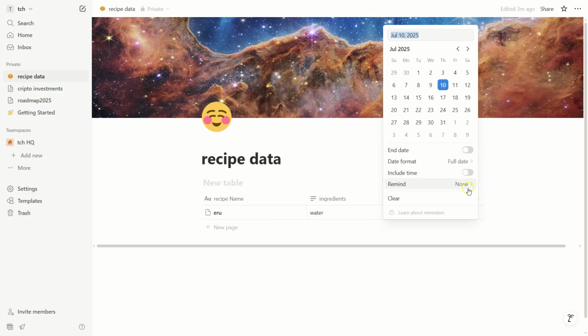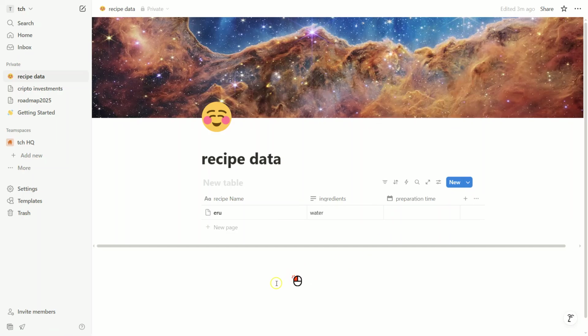Notion stores all these details in its cloud, meaning you can access your recipe database from any device, anywhere. And there you have it, your very own recipe database on Notion. Remember, the key to a good recipe database is regular updates. Each time you stumble upon a delicious dish, don't forget to add it to your